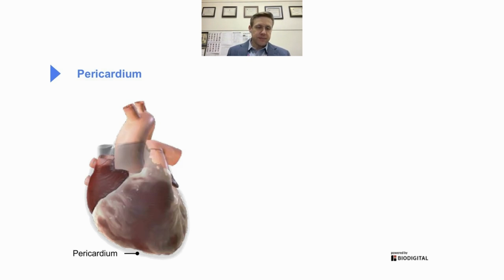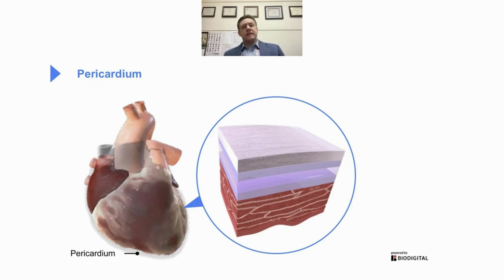But the pericardium, if we were to zoom in a little bit, has a lot going on. So for example, in this zoomed in view, we see the myocardium or the muscle, the working muscle of the heart. That's what the heart is, right? It's a very special type of muscle, very important muscle, but still it's mostly muscle. So we have the myocardium that's going to end in epicardium. Epi means upon, is sort of the outermost part. And that epicardium is going to be covered with